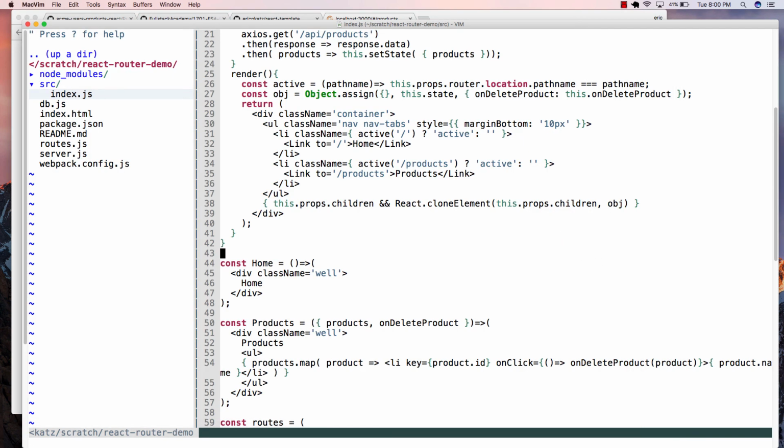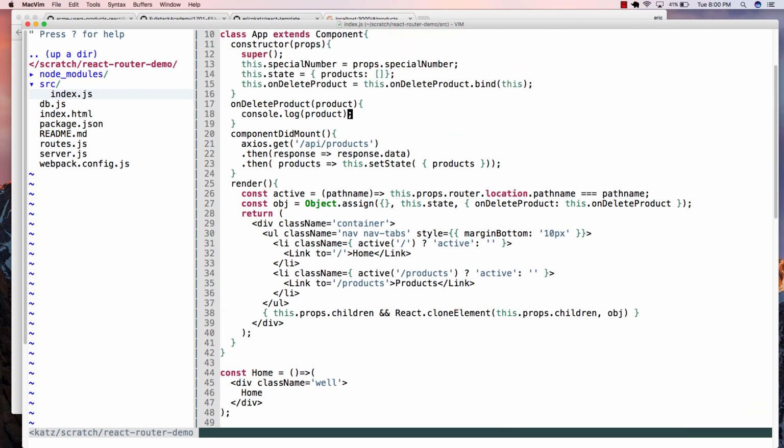And just for the sake of argument, if I didn't want to do a back-end route here, if I go back over here and I say const products equals this.state.products, we're going to filter. We're going to loop over each product. And if your ID is not equal to the product's ID that I'm passing to, I still want you. Again, it's not going to do anything until we